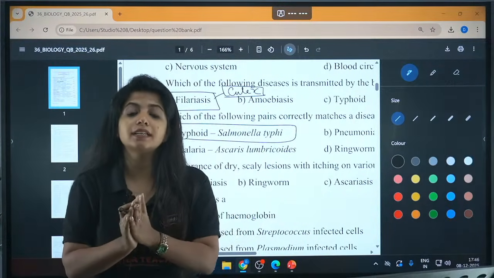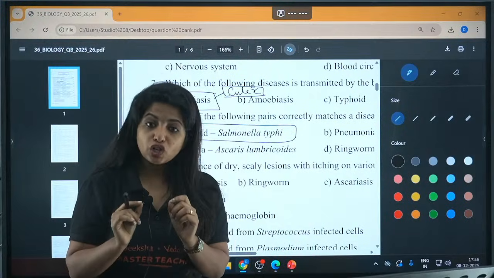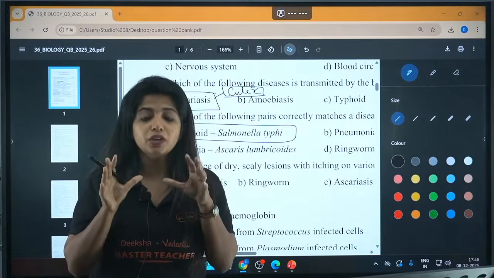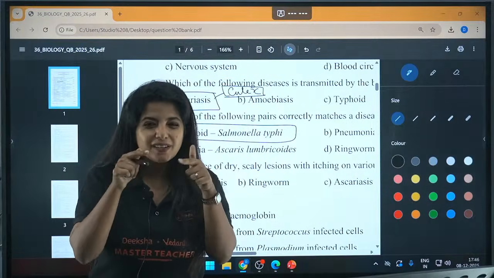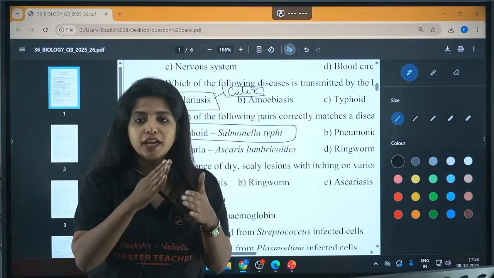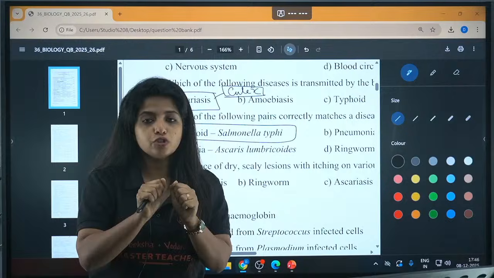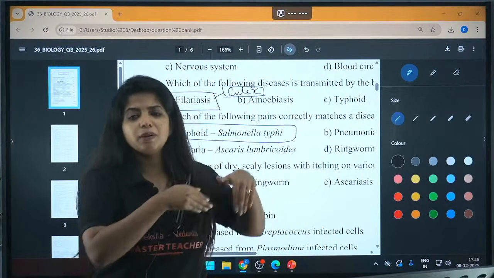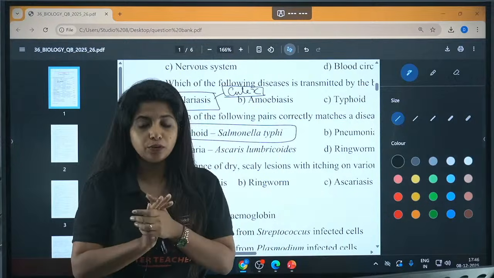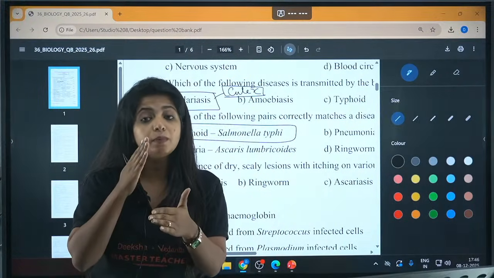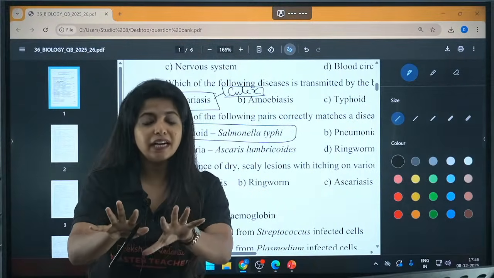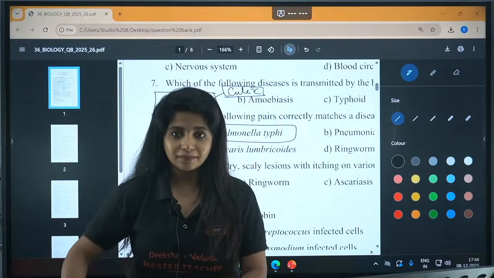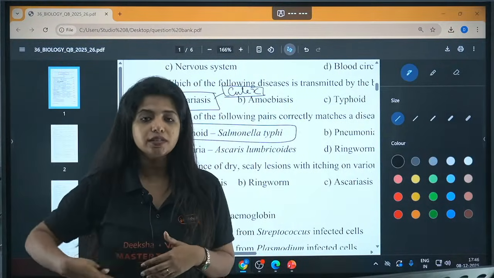Now the second helminthic disease is filariasis. It is caused by another helminth known as Wuchereria bancrofti. What does this Wuchereria bancrofti do? Basically it enters our lymphatic vessels and causes blockage there. Lymphatic vessels usually take up the lymph fluid gathered in between the cells and give it back to the heart. That is what they usually do. But since the lymphatic vessels are blocked, the fluid accumulates, which is why we get big swelling,